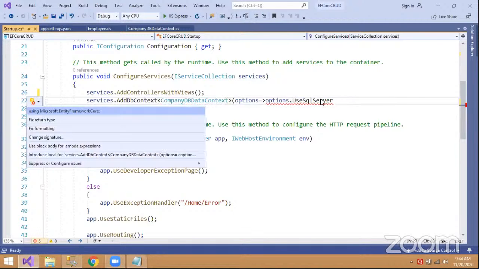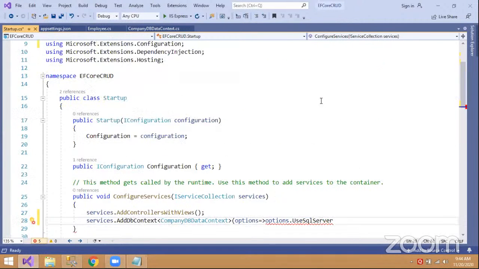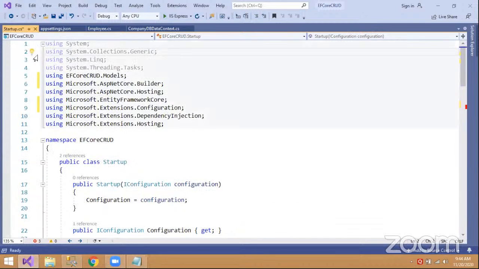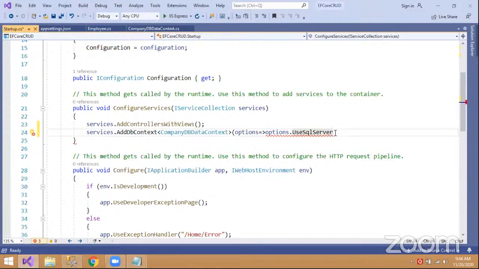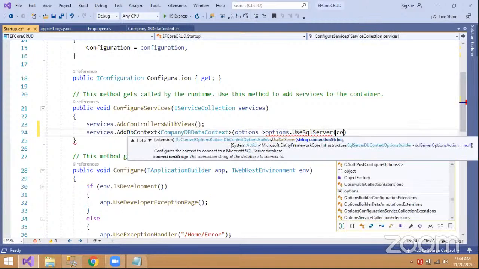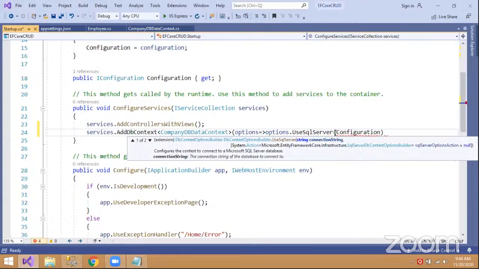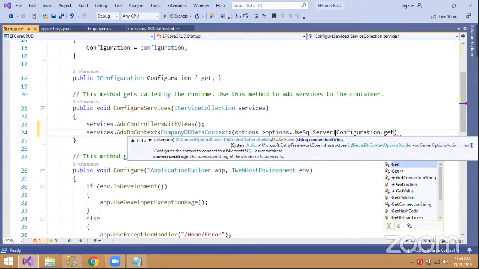Now you can see UseSqlServer. Where is it available? It is available under Microsoft Entity Framework Core. All these references are very important. In SQL Server, I'm trying to specify Configuration dot GetConnectionString,